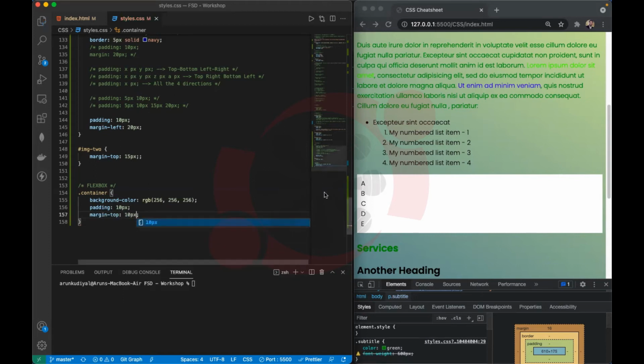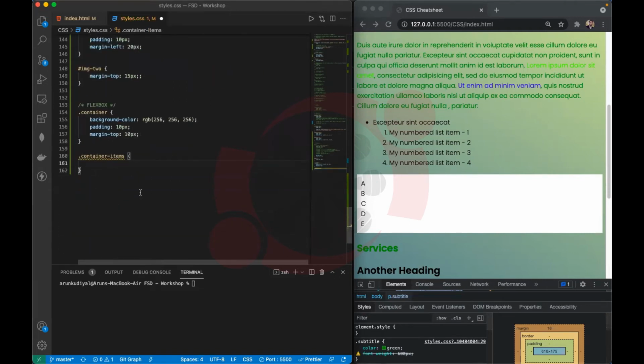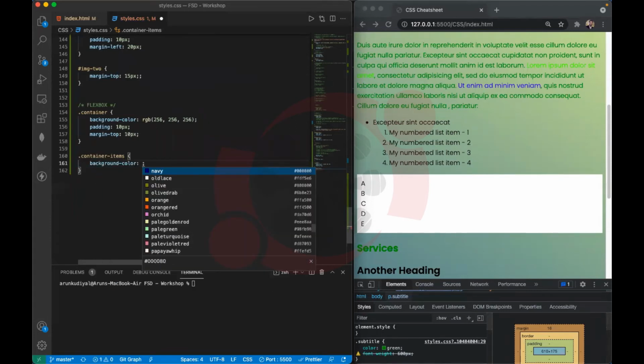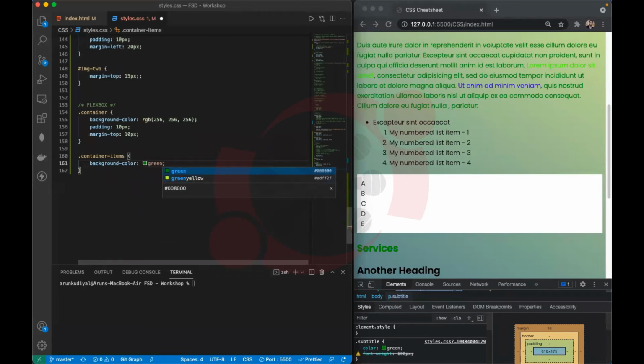Okay, just like this. Now I'll go ahead and style the container items. And in that container items, what will I do? I'll set a background color. Let's say the background color is going to be green. Green's gonna look good. So if I save that, nothing's gonna happen because, of course, we'll do something first. The color, I'll set that to,